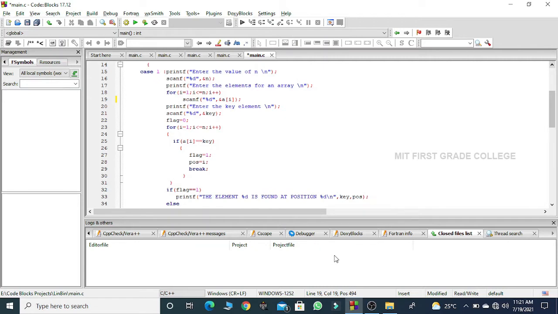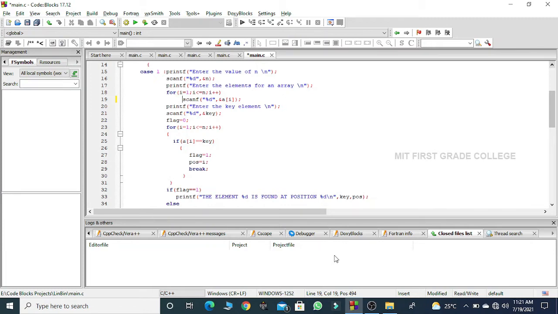If the condition is true, I assign the value of flag to 1. The position will be i, and the break statement will be executed. The break will make my flow of control come out of the if statement and the for loop.